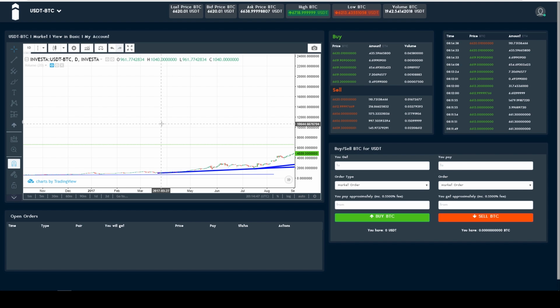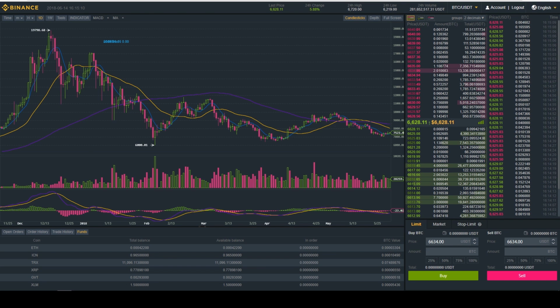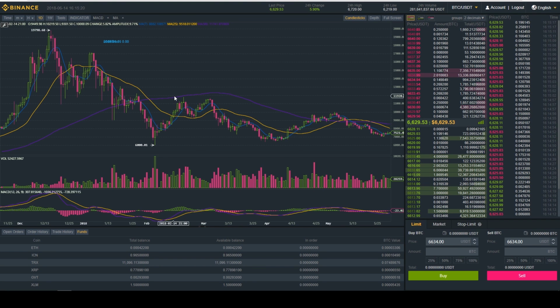I've been receiving questions regarding what's the difference between our trading platform and the rest of the big platforms out there. For example, Binance. Although Binance has a very nice platform and it looks very good, there are major differences between our trade room and Binance's, mainly because of the lack of tools for proper technical analysis. Yes, we understand that beginners might not need this, but advanced and medium traders would appreciate the difference